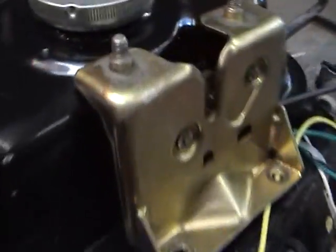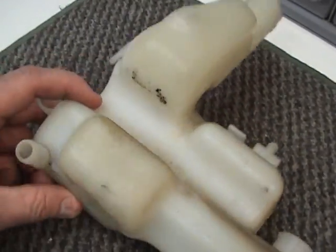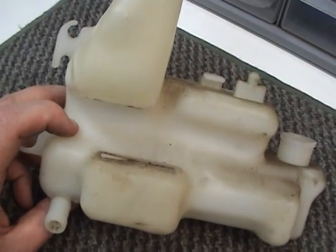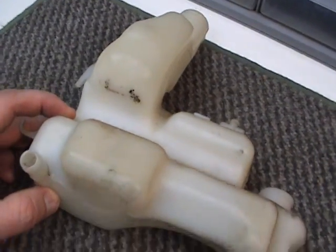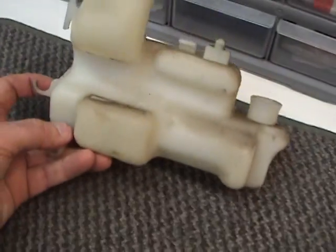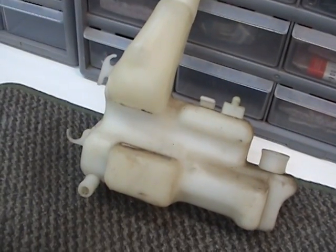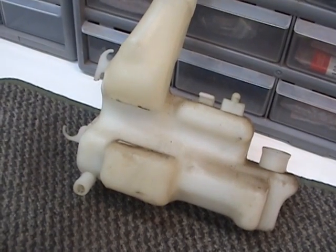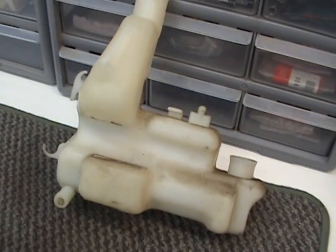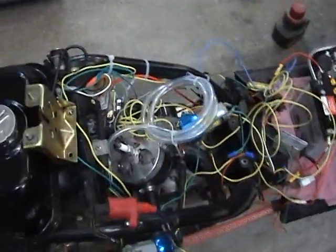Now I'll clean the tank up here, and I'll reinstall it. But I'm going to go straight distilled water in this one. I'm going to give it a try. My water injection books tell me that cars and planes and tractors work better on rainy days for a reason. It's because the air is cooler, but it has more water vapor in it, which allows a greater amount of cooled air to enter